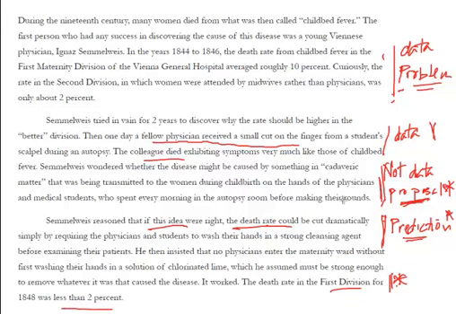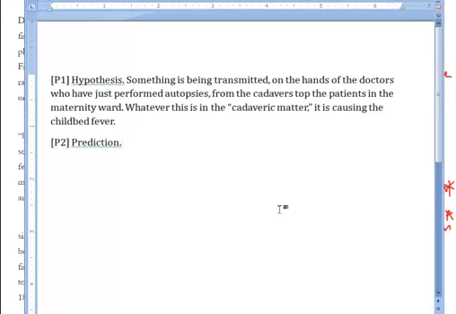And the reason why Semmelweis predicted that, of course, is because, based on his hypothesis that something is being carried on the hands, if we clean the hands well, then whatever that is, and of course the hypothesis doesn't tell us specifically what it is, and there's no way really that anyone could have investigated in 19th century Vienna what exactly was being carried from the cadavers to the women. But if there's something there, then if we clean the hands well before the doctors examine the women, then we should find that the death rate will drop. Okay, so